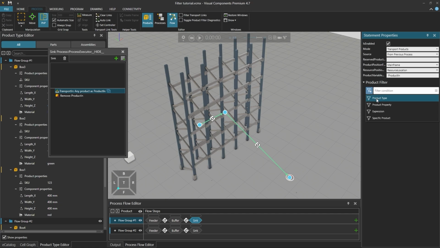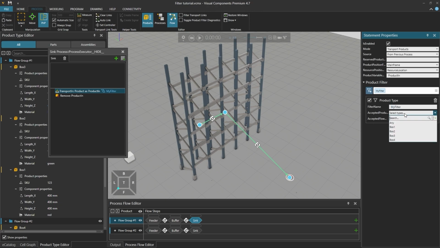The most common filter, called Product Type Filter, limits different product types and flow group members. Once a filter has been created, you may rename it, disable it, or remove it using the Delete Filter button. In this case, both accepted product types and accepted flow groups can be defined.